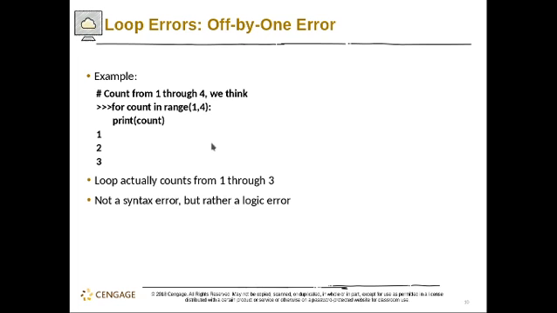Now, again, this is the thing that I was talking about a while ago. For example, you want to count 1 to 4. So you just write for count in range 1 to 4 and then print out the count. And then you will see, oh, why does it only loop 3 times? Because in Python, that's just one of its peculiarities. It will not reach number 4. It will just stop before reaching 4. So 4 is the upper boundary, but it will not reach that upper boundary. So keep that in mind.